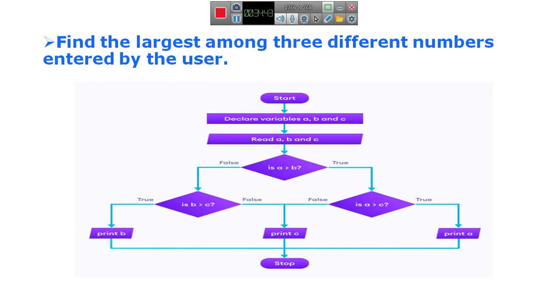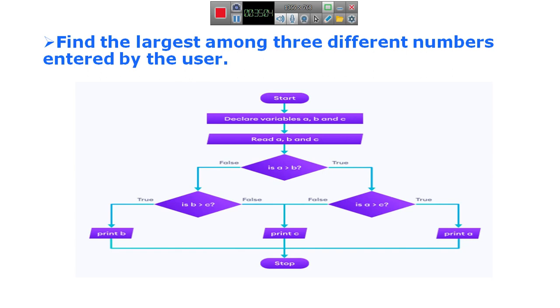What is that condition? Is A greater than B? Out of these three numbers, we are checking the condition, that is, is A greater than B?